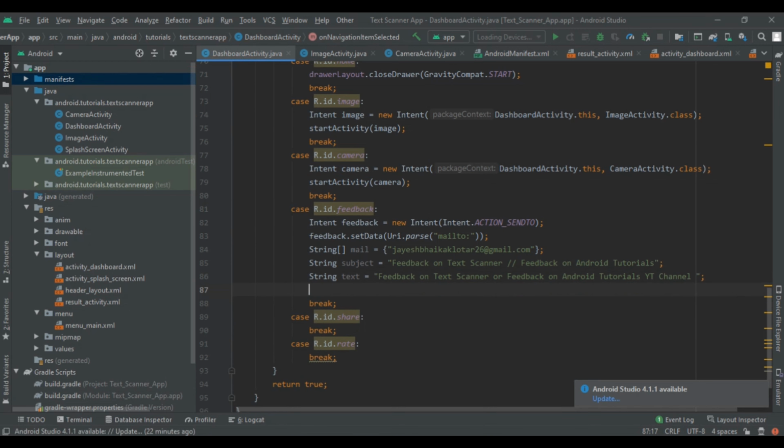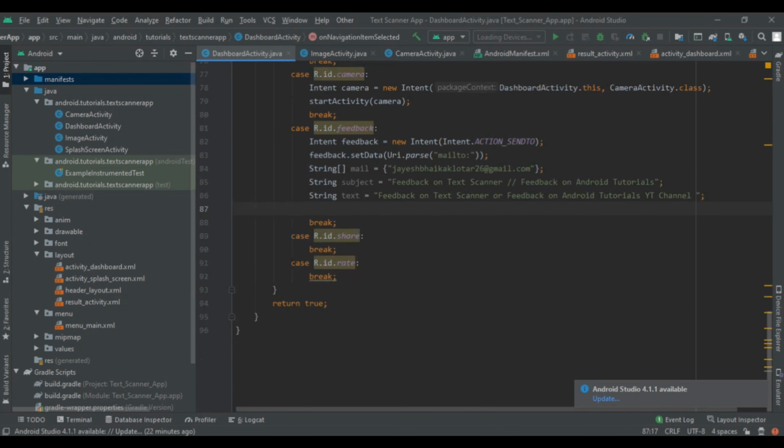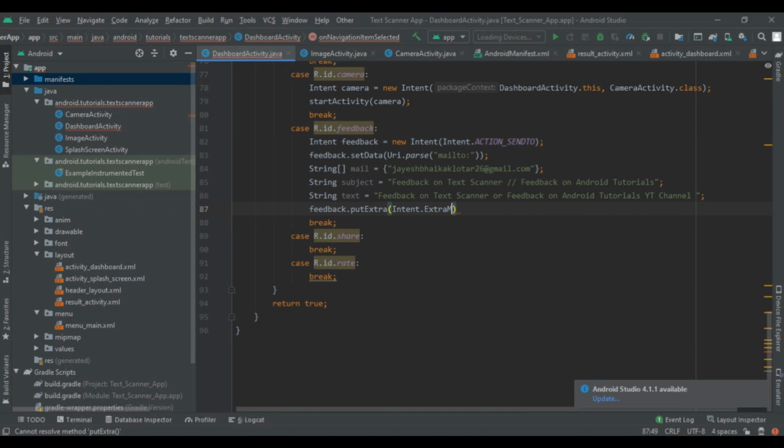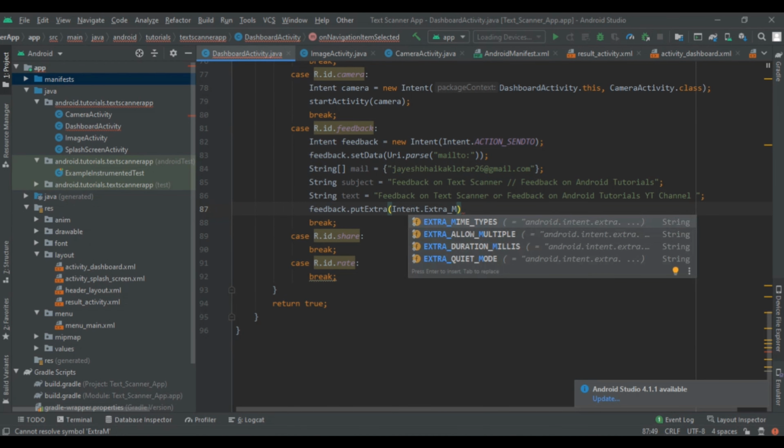Now here we are going to put these three strings into our feedback intent. So write feedback dot put extra, and then give string name to intent dot extra mail, or we can write, yeah, it is extra, and then find mail, but mail is not showing, so I am using subject.